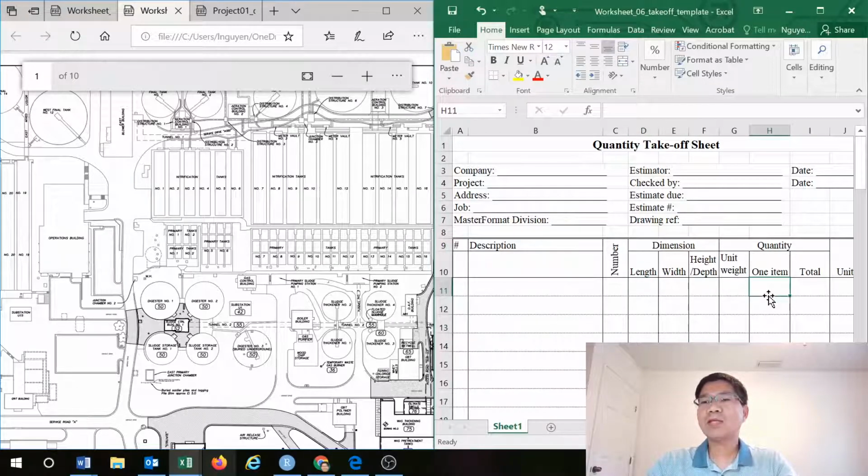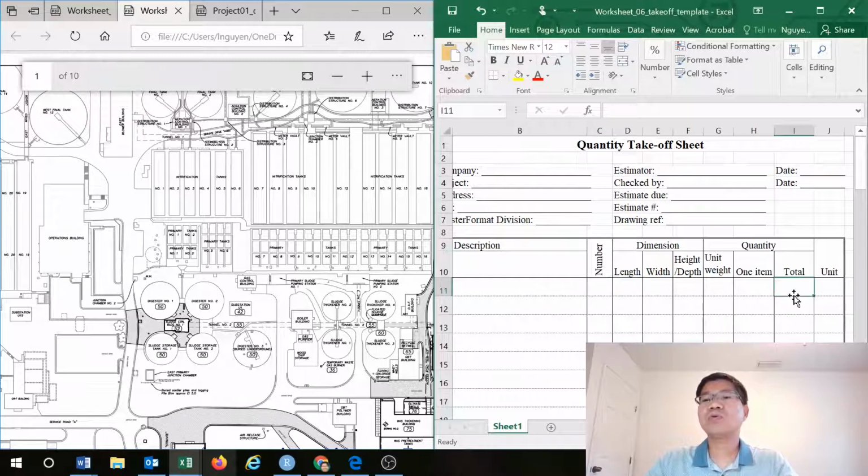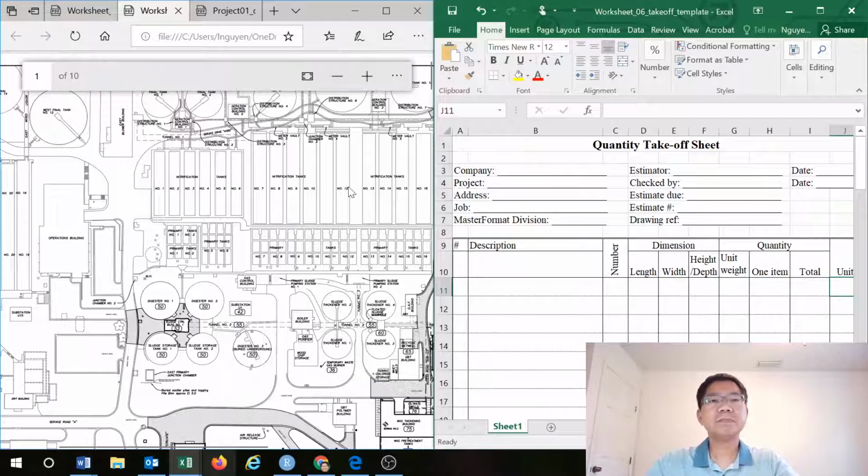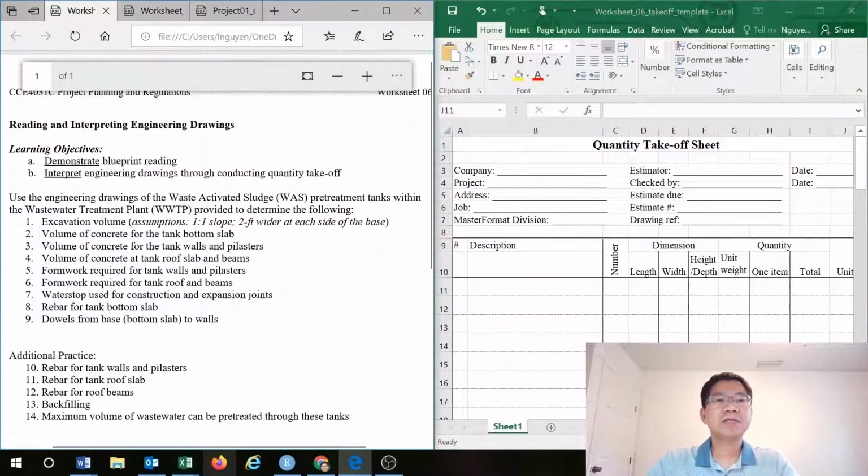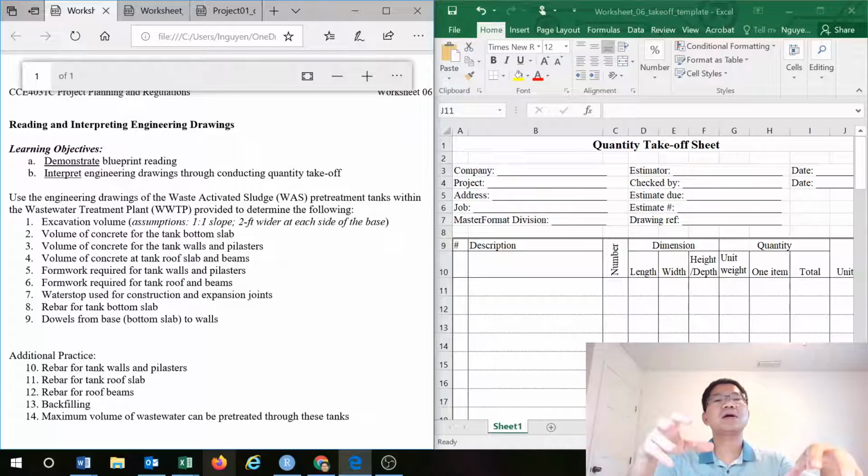For one item, what is the quantity? For the total, how many, using repetition, symmetry, etc. And then we have the total for all of the items, and then the unit for that item. The first item we need is excavation volume, and we assume a one-to-one slope. It means one horizontal and one vertical, so the slope is 45 degrees. We also need 2 feet wider for each side of the base,